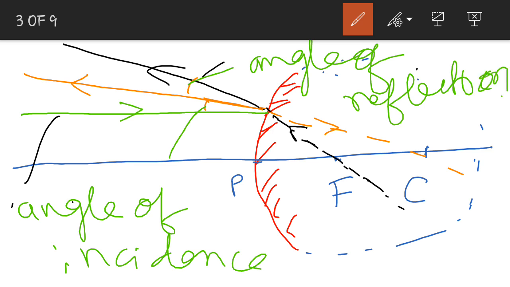Clear? This is how you have to show it for this answer. You have to show all these things clearly, draw the lines very properly in the figure, and this is how you will be showing it. This is the normal. So the normal line for a concave and a convex mirror will be the line passing through the center of curvature, which will be considered as the normal, through which the angle of incidence and angle of reflection formation will be taking place. Clear?